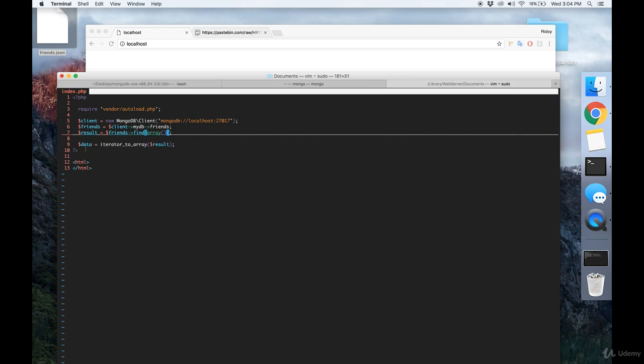So first off, you're going to want to make a file called index.php in your project root. And once you've done that, you need to require the autoload file that Composer creates. And you want to make a new MongoDB client connecting to localhost. You want to make an object that allows you to interact with your collection. So client, arrow, your database name, arrow, your collection name, and then we're going to run an empty find query